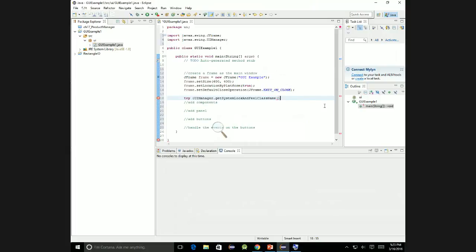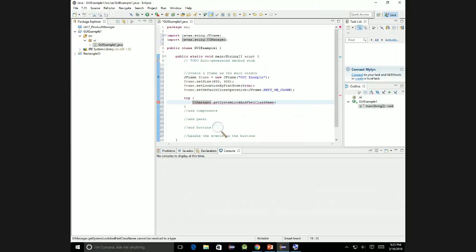So just a second here. Okay, right. It's supposed to be a curly brace at the beginning. Maybe I should put it on a separate line to be more clear. So it's the curly brace opening the try, and then we have the class UI manager, and we call a method get system look and feel